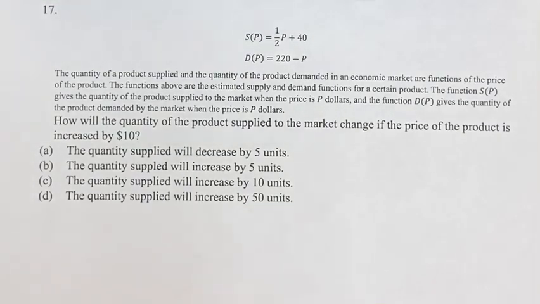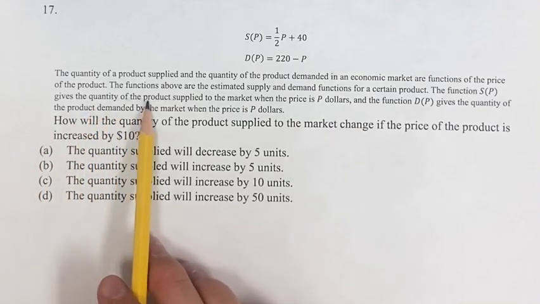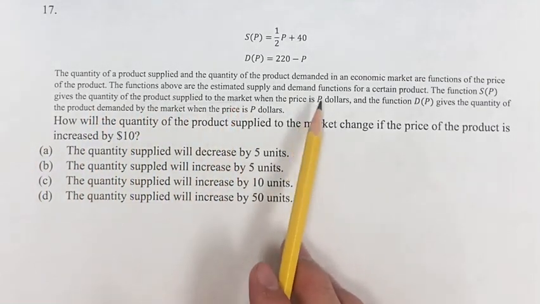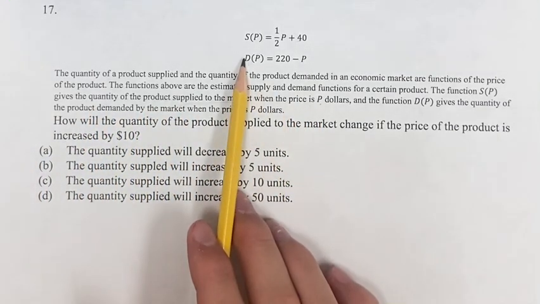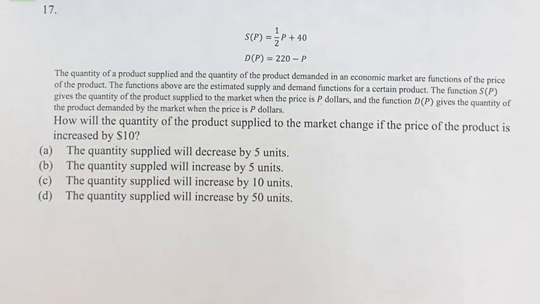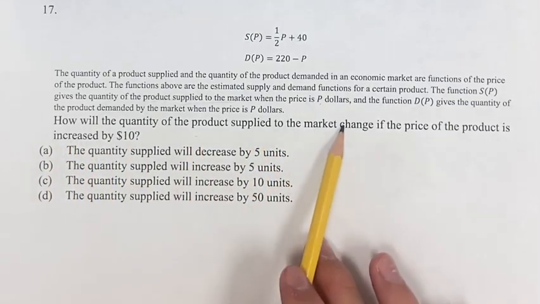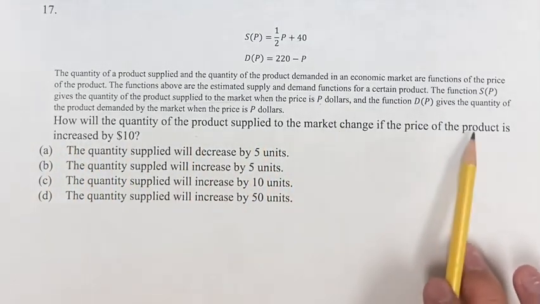In this problem, we're given these two equations, which describe the market for a certain product, where S of P is the quantity of the product supplied to the market when the price is P dollars, and D of P is the quantity of the product demanded by the market when the price is P dollars. We're asked, how will the quantity of the product supplied change if the price of the product is